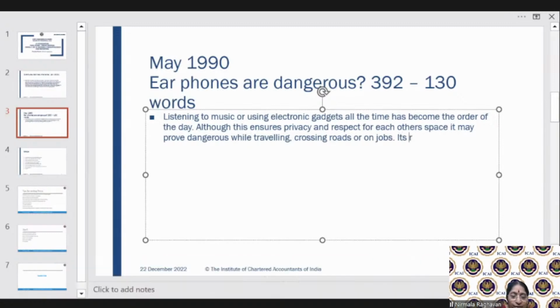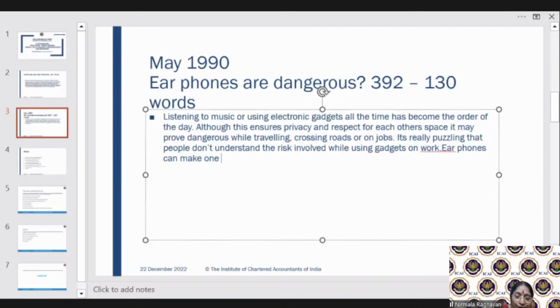It's really puzzling that people don't understand the risk involved while using gadgets on work. Okay? Earphones can make one forget